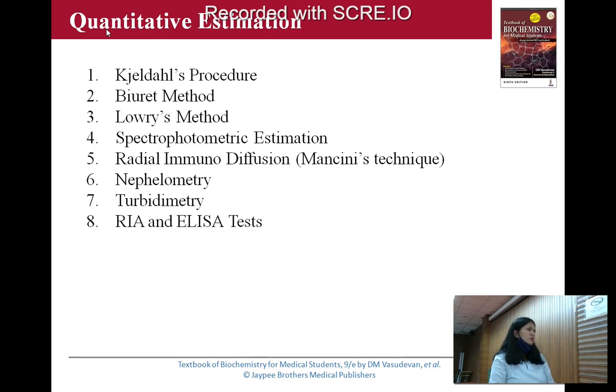Then there are various chemical properties of protein. One particular test to identify protein is the Biuret test. Have you done the Biuret test in the practical? Yes, ma'am. So any idea what is the principle of the Biuret test? If somebody asks you what is biuret, what is biuret? It is a compound formed when you heat 2 molecules of urea.